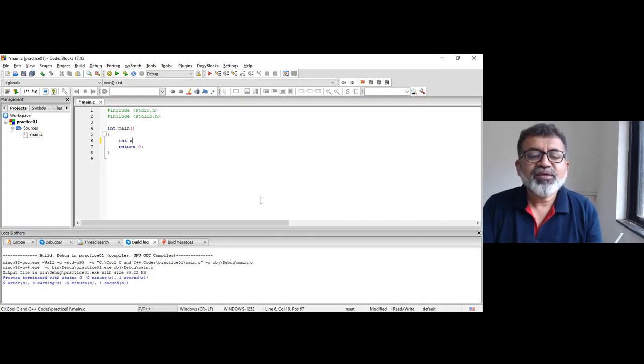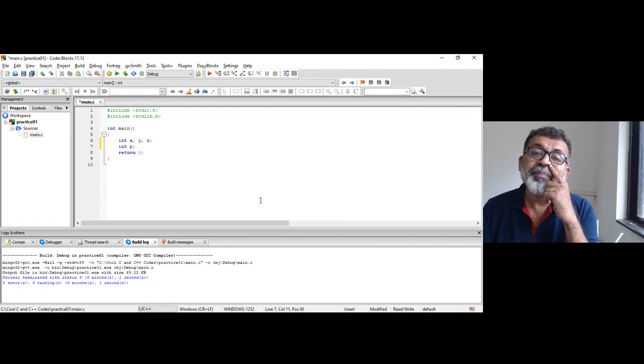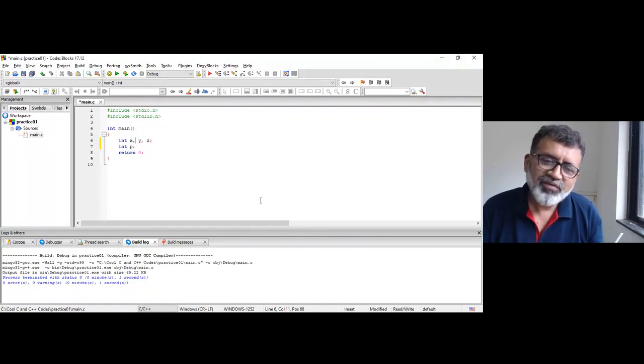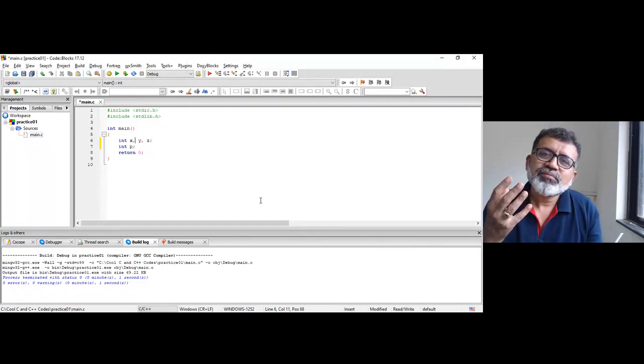Someone can declare variables int x, y and z, and p. Students may write this way. Usually I do not like this, because those who read this program won't understand what this x is all about.